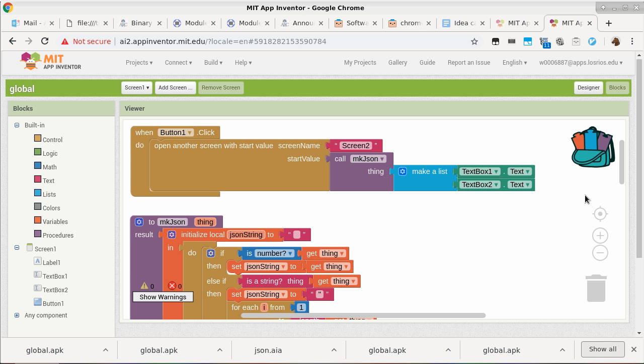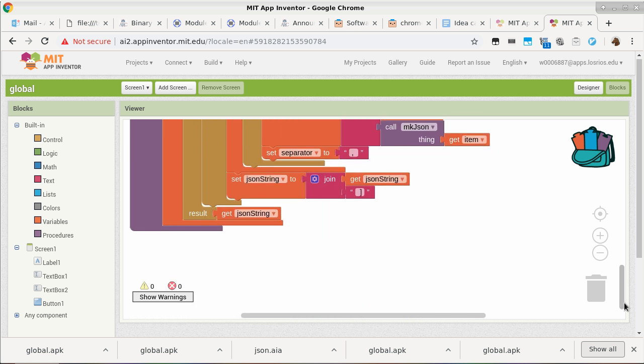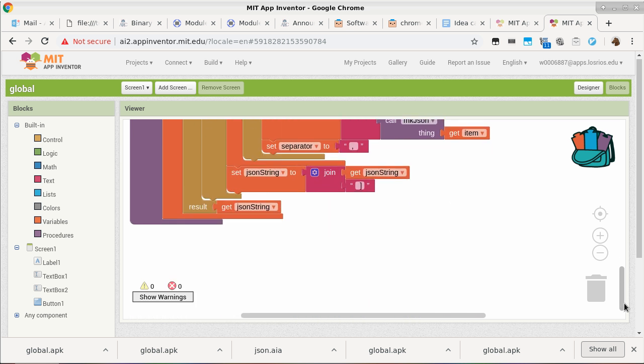Does closing screen 2 reinitialize screen 1? No, it does not. So screen 1 is still sitting around. When screen 2 is active, it is just out of view. Okay? So now, when we get back here, you have to go to screen 1.